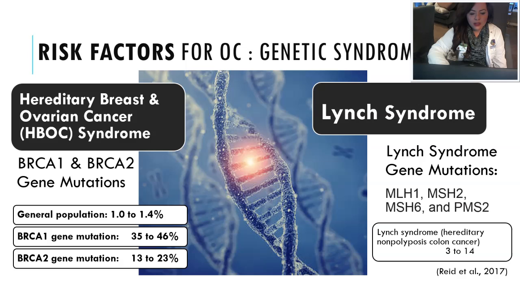Her family history is typical of one with hereditary breast and ovarian cancer. Her mom, grandmother, and great-grandmother all died from ovarian cancer. Her cousin, aunt, and great-aunt died from breast cancer. Her grandfather and uncle died from other cancers that are also associated with hereditary breast and ovarian cancer syndrome.